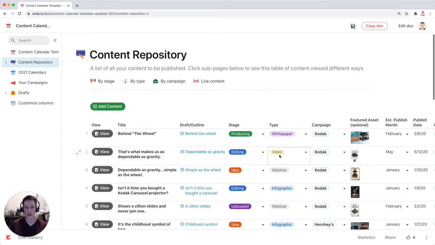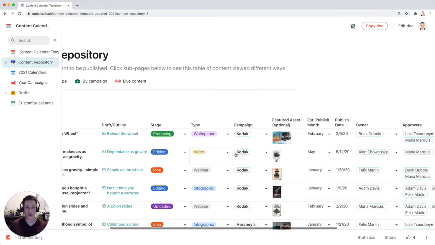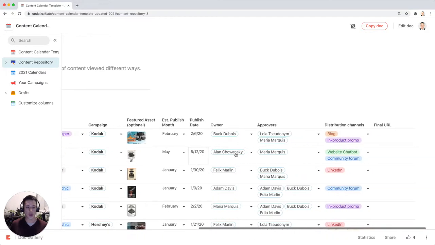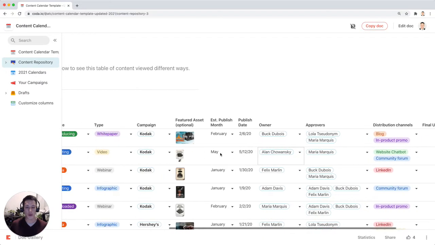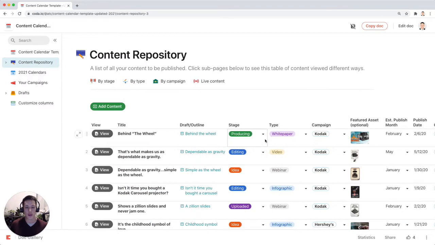blog posts. And if you scroll along right here, you'll see a lot of different columns that you can fill out for all your different blog posts and your different content types. These stages are all different depending on how your content's being produced. The types are all different types of content that you can produce for your company or your agency, campaigns, so